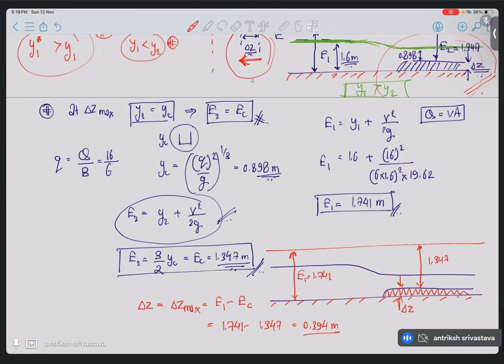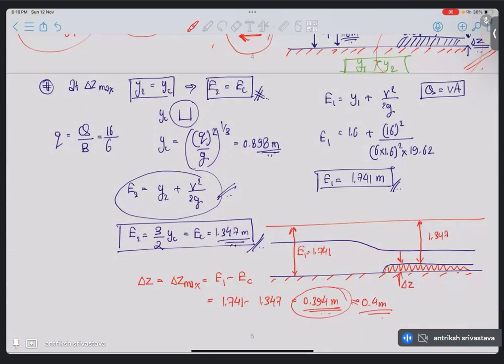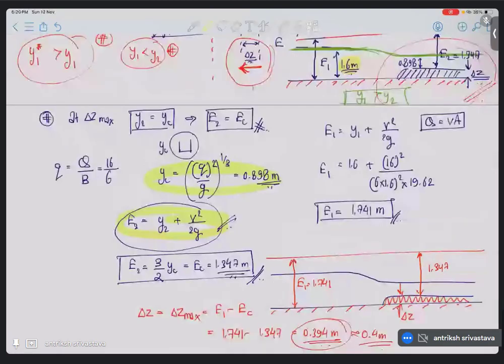0.394 meters. So this is approximately 0.4 meters, and that is the option that is given to us, which is the correct answer. Okay, so what did we learn from here? We understood that whenever they are asking us to calculate the delta Z max, we just have to calculate our critical depth, get the energy corresponding to the critical depth, and then calculate the energy for the given depth at the upstream side, and the difference of these two energies is going to be our